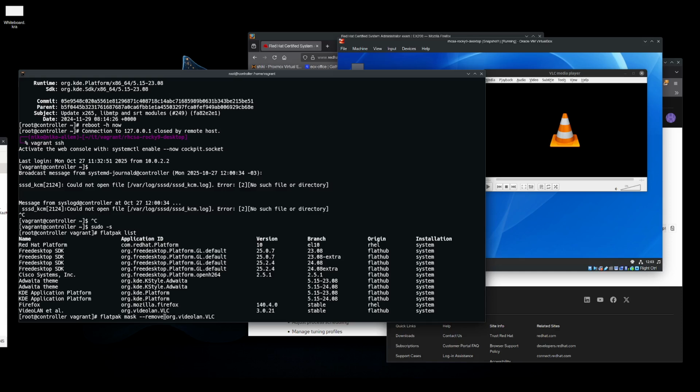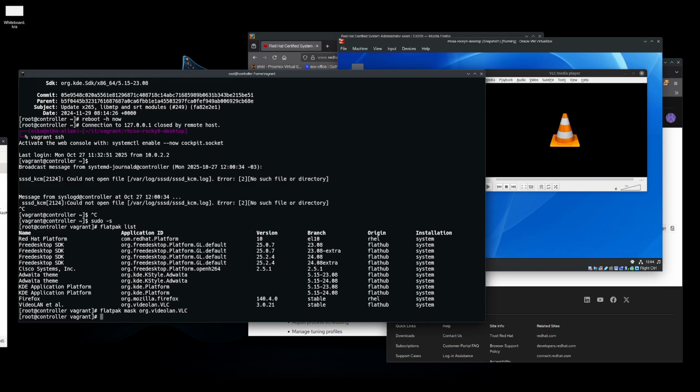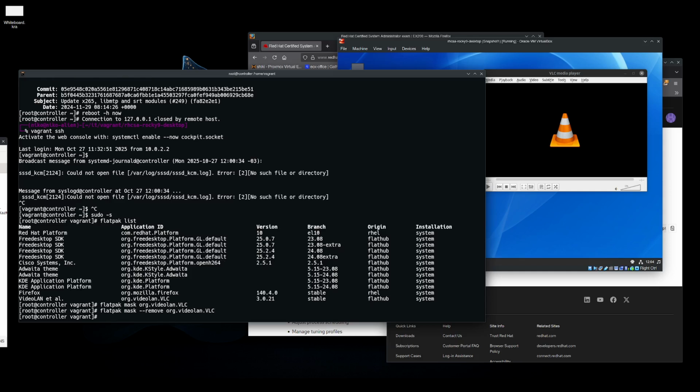So the remove flag would be removing the mask, but you can mask it in order to be not updated. So that's how I would do it. I would do Flatpak mask and like this, and now it's masked. So if I want to unmask it, then I say remove. This is how it goes. So this is something that they might ask you also to do. I don't know. Anyway,